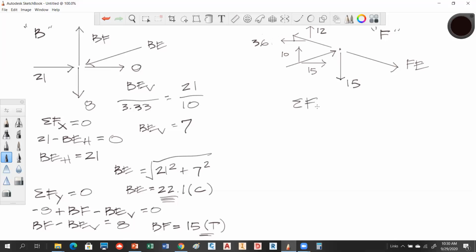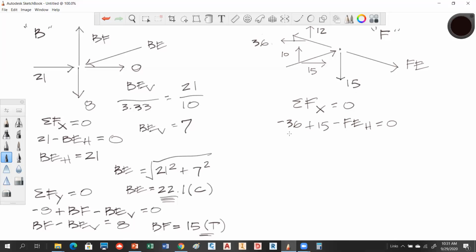And let's see what's going on here. Sum of forces in X have to equal 0. So in X, we've got what? Minus 36 plus 15. That's this 15 here. Plus FE horizontal has to equal 0. So when we do the math on that, 36, okay, I get a negative 21, comes over as a,